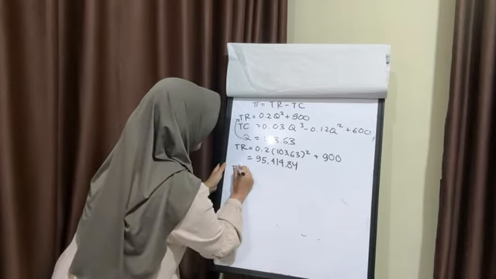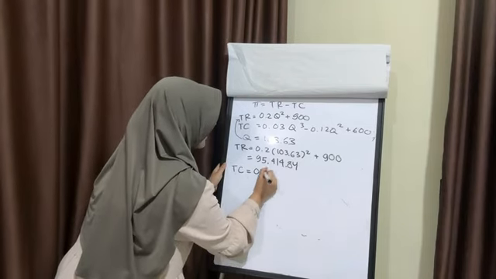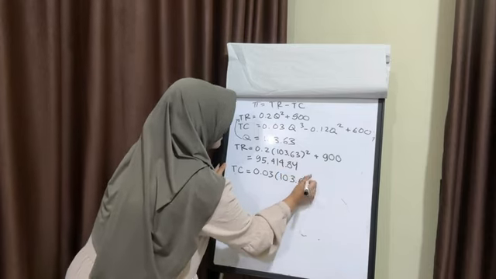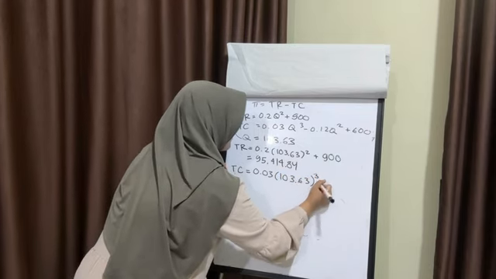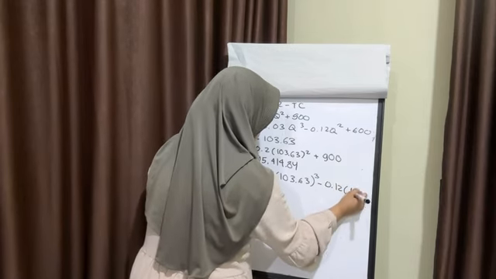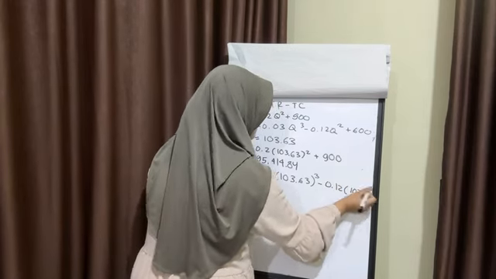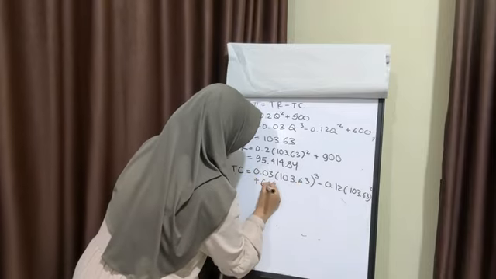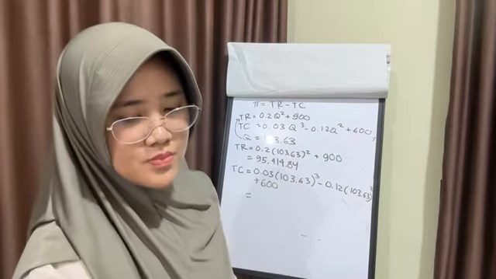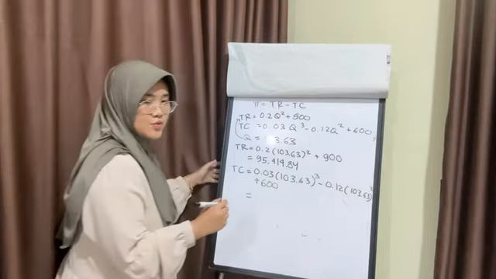And step 2 is TC. TC right here we got 0.03 Q. We're going to substitute Q: 0.63 powers by 3 and minus 0.12 103.63 to n plus 600. So the answer, when we calculate it, is going to be